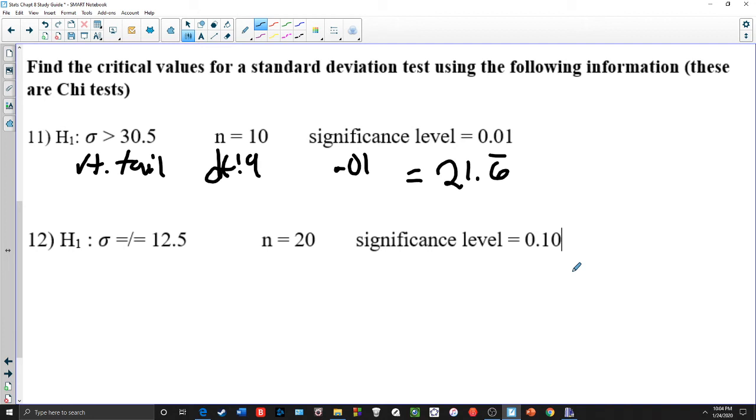So once again, just like a t-table almost, figure out what kind of tail you're using, figure out your degrees of freedom, figure out your alpha, and then look it up. The only one that's tricky is a two-tail test. So for a two-tail test like this one, this is a two-tail because it's a not equal to, you